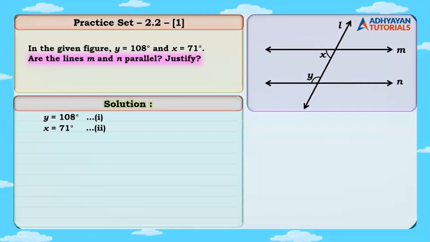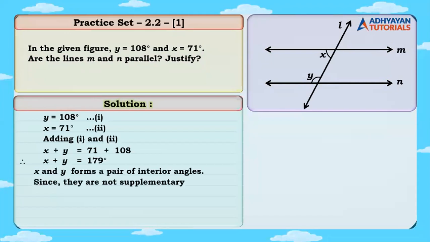Very simple. So we add equation 1 and 2 to get the answer for x and y. I hope everybody has understood why we add 1 and 2. Because we need to check whether their addition is 180 or not. Interior angles are confirmed, but whether they are supplementary or not, we have to check, right? So 71 plus 108, children, if you add those, it is 179. Is it equal to 180? No. That means the interior angles are not supplementary, and therefore the lines are not parallel. I hope it is clear.